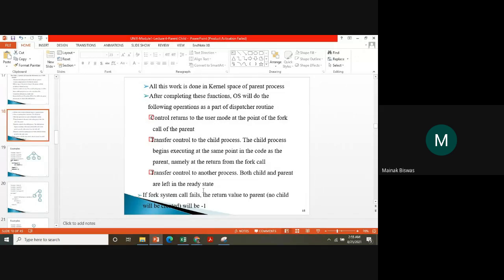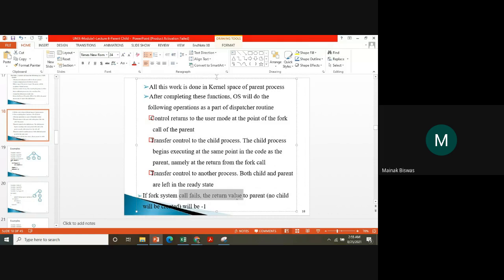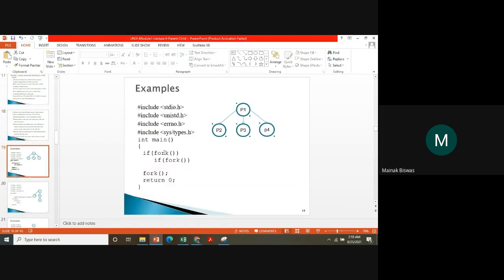Okay, if the fork system call fails, the return value of the parent will be -1. If the fork fails, then the return value will be -1. আচ্ছা, এবার এইগুলো বুঝতে আমার মনে হয় তোমাদের কোনো অসুবিধা হওয়া উচিত নয়।